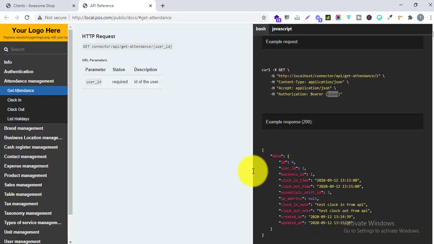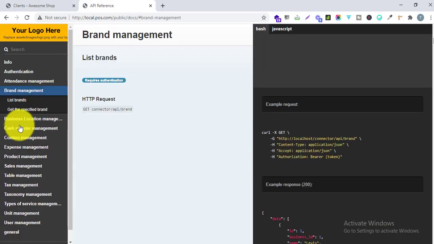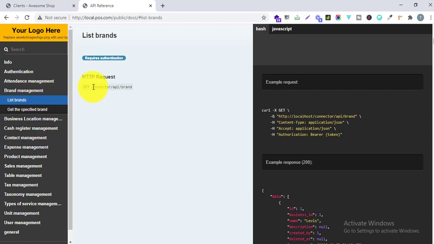So let me give a demo of how to use this in the list of brands. The request we have to send is to connector/API/brand.